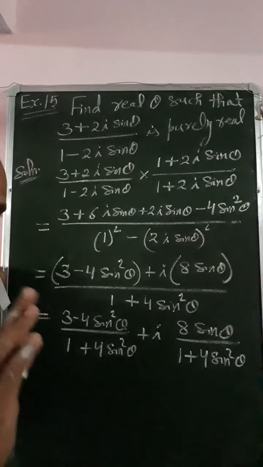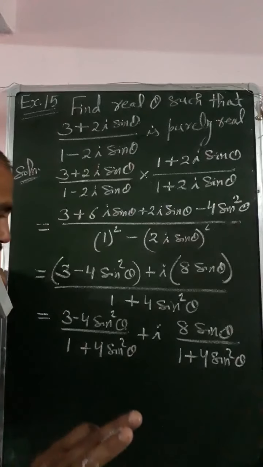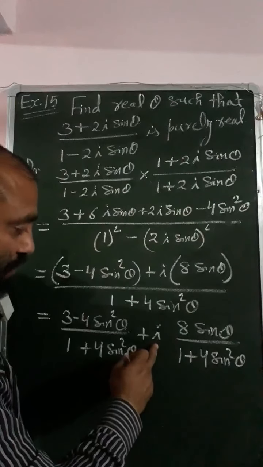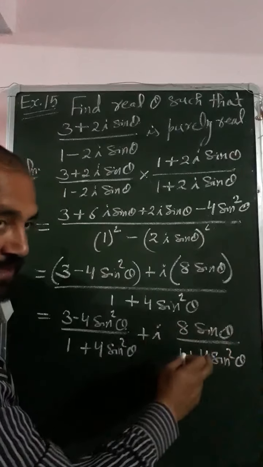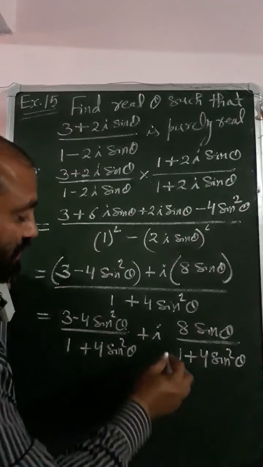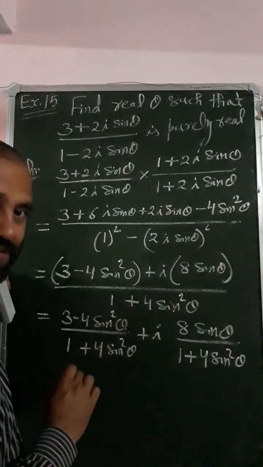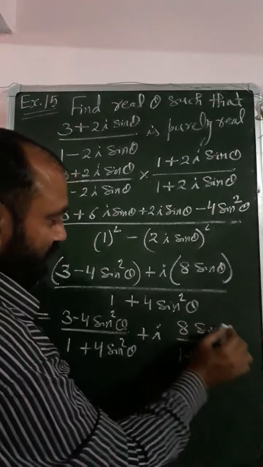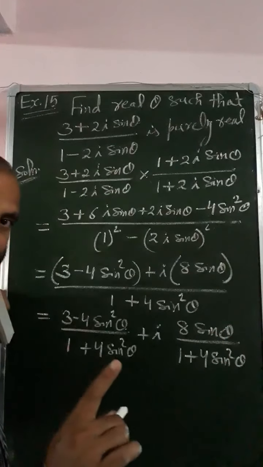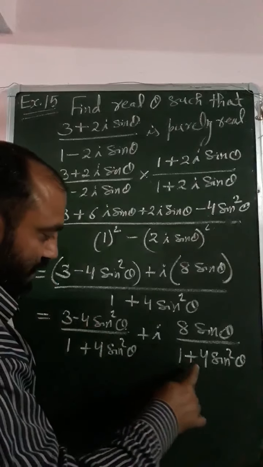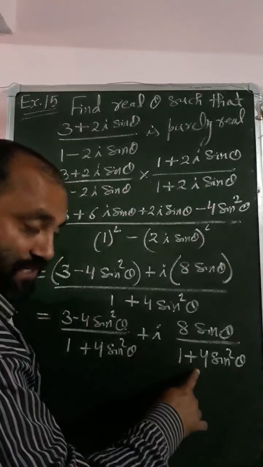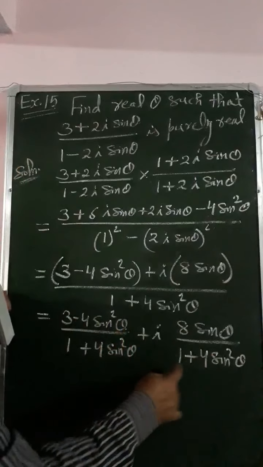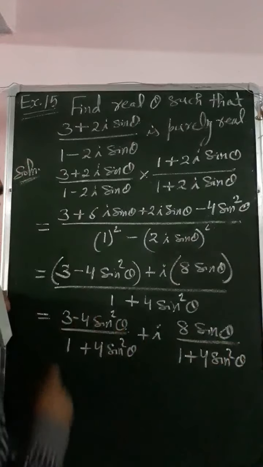As one problem is there in the assignment, one student said that this imaginary part, when you write the imaginary part, this i is not written, right, only this is called the imaginary part. So whenever you have to write the imaginary part, whatever term is attached with iota, that is the coefficient of iota, that is called the imaginary part, and this one is the real part. That's why this is the imaginary part and this is the real part.